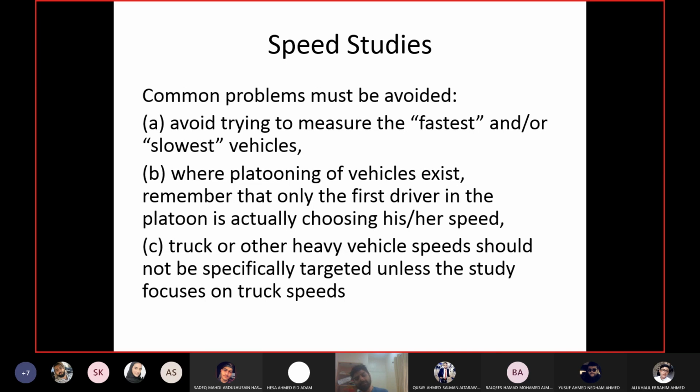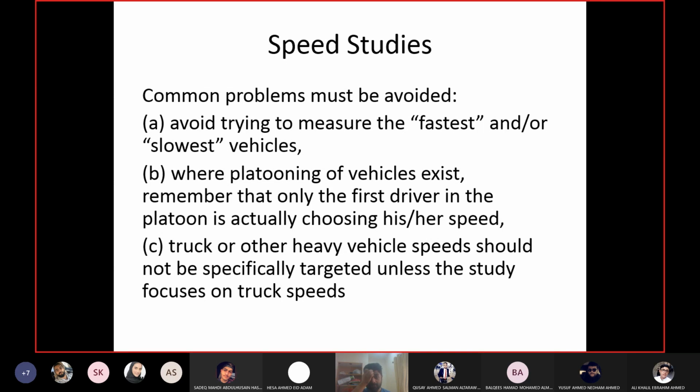So maybe it's a good idea to just focus on the first drivers each time a platoon is passing you. Obviously, if you stand long enough, you will have multiple platoons. Each time the signal becomes green, you have a new platoon. Or if it's a roundabout, then you will have 3-4 vehicles coming together, then after a few seconds, 3-4 vehicles coming together. So you will have multiple platoons, and in each platoon you should consider the drivers who are at the front.